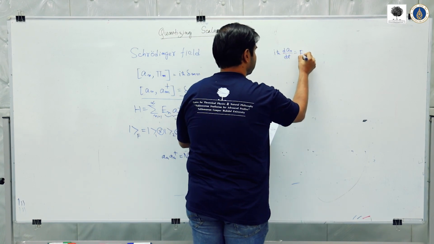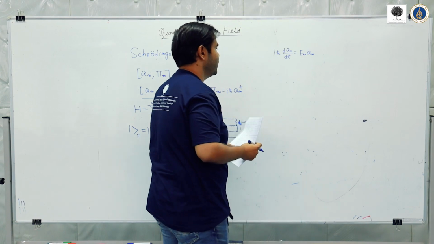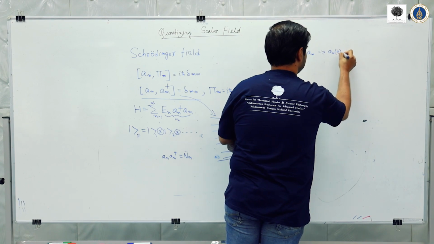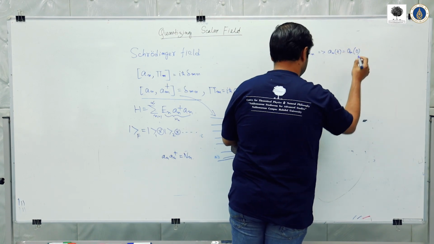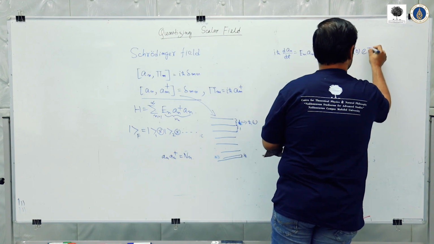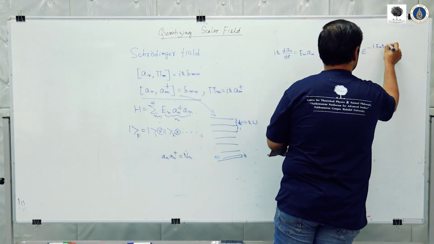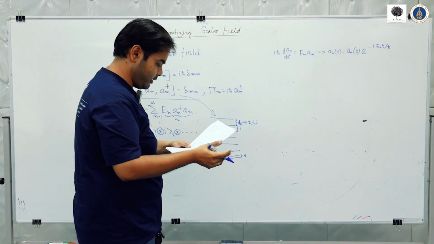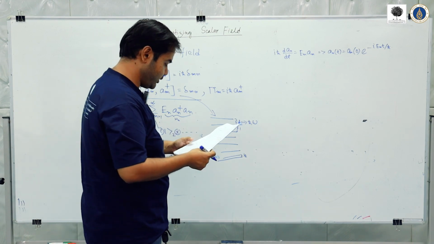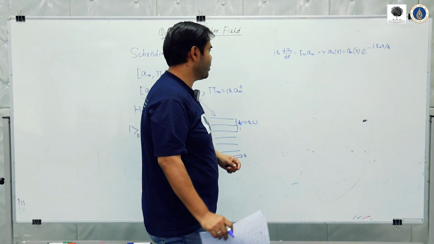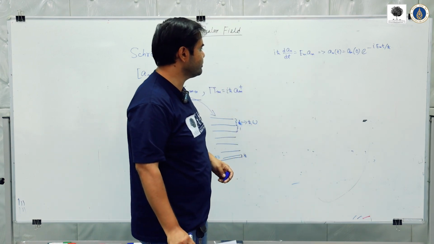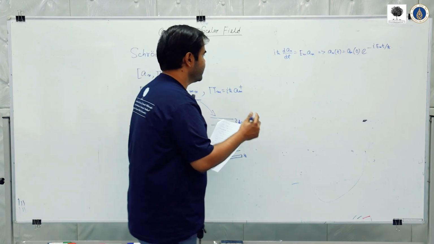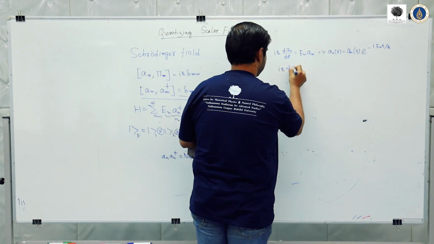a_n, it looks like this. You just integrate and it will simply give you that a_n(t) is equal to a_n(0) e to the power minus i E_n t by h bar, which is the famous unitary time evolution of any quantity in quantum mechanics. But now, because these a_n are no longer functions but operators, we have to follow the Heisenberg equation, which I will just introduce, that i h bar d a_n